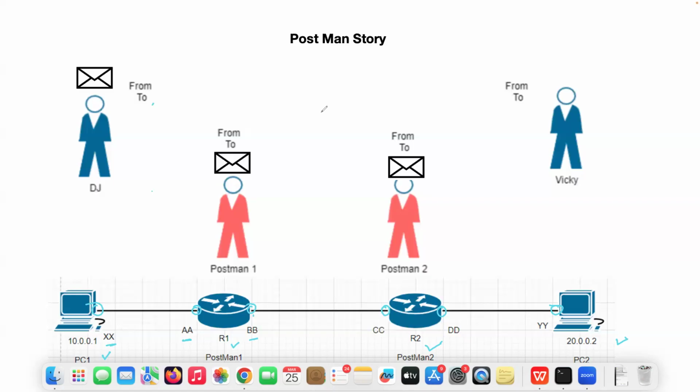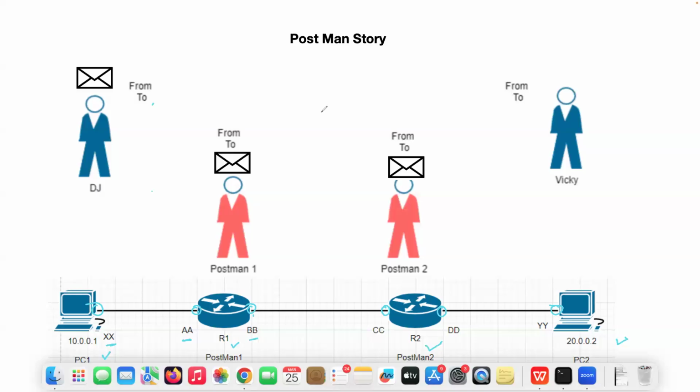Right hand will have a MAC address. So source IP will be me. Correct. Destination IP will be you. Source MAC will be my hand. Destination MAC, will it be your hand? Am I going to give it to you? No. To her. So her right hand will be the destination MAC address. Clear?